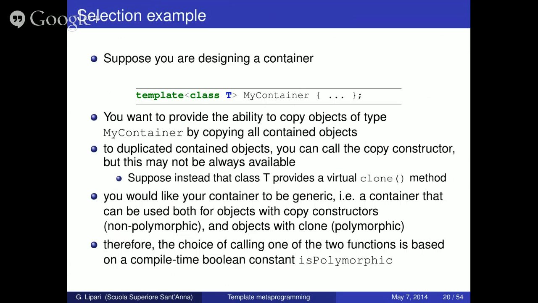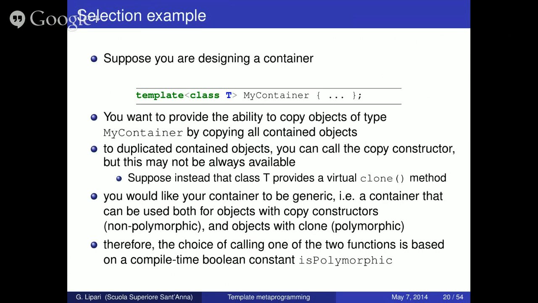Now it's a type container, but copying all the contained objects. So suppose your container contains, I don't know, my class. When you want it to be copied, of course, right? Now, to duplicate the contained object, you can call the copy constructor, of course, but this maybe is not